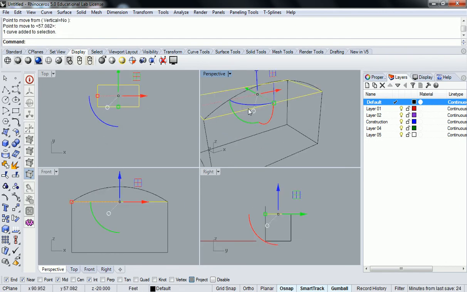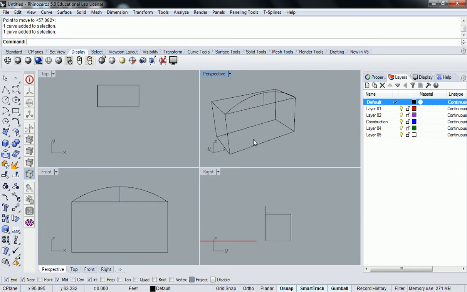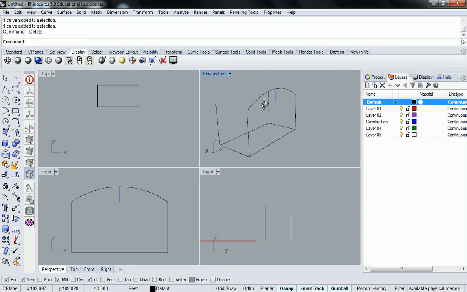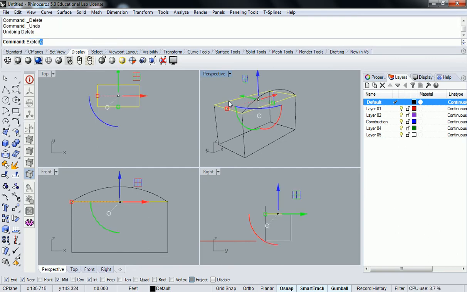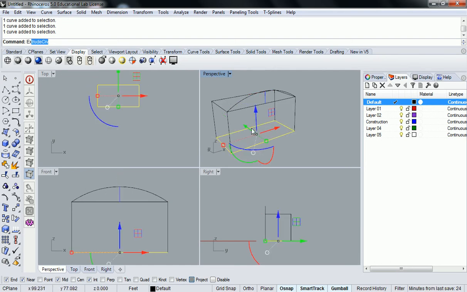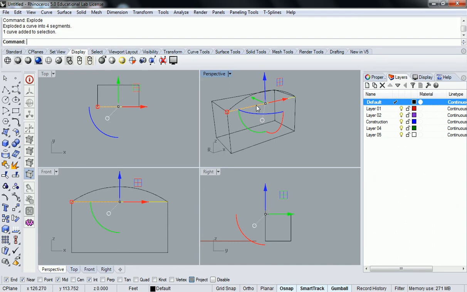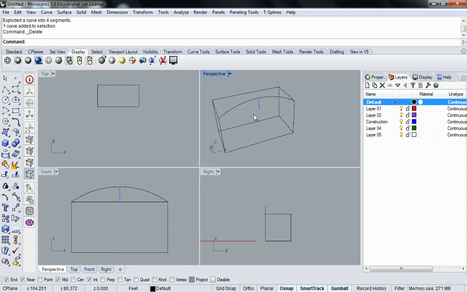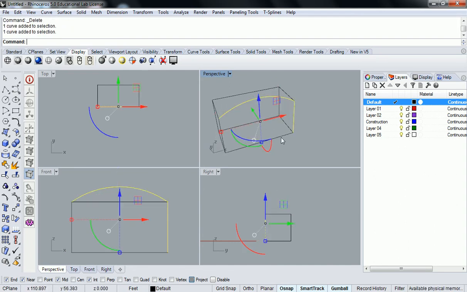I can, well, these come in planes, huh? Yeah. And I'll explode it. Alright, so I exploded that top rectangle, which for some reason it actually kept together. I'll explode this one too. So I can actually just get rid of that, and I can just select then all of these